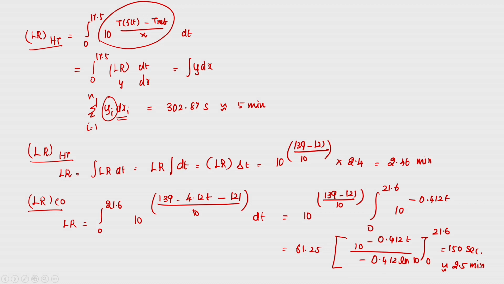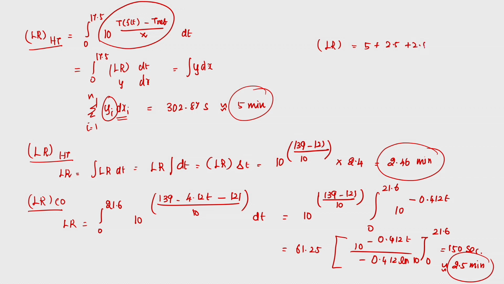Right. So, now we have calculated the lethality rate in all three sections, right. So, the total lethality is 5 minute plus 2.5 plus 2.5. So, I just rounded it off. So, totally it is coming around 10 minute, right. And remember, the heating section as well as the cooling section, it spends around 7.5 minutes in just heating and cooling, and 2.5 minute it is spending in the holding tube. So, this is the way we are supposed to calculate the lethality rate of any process.